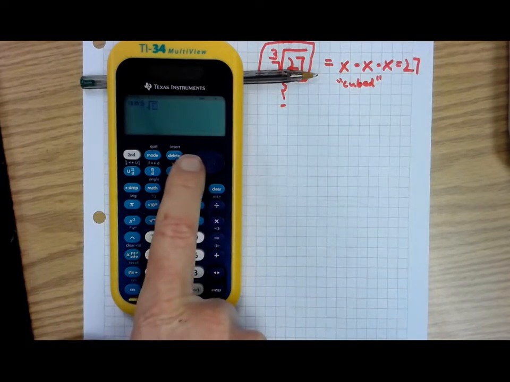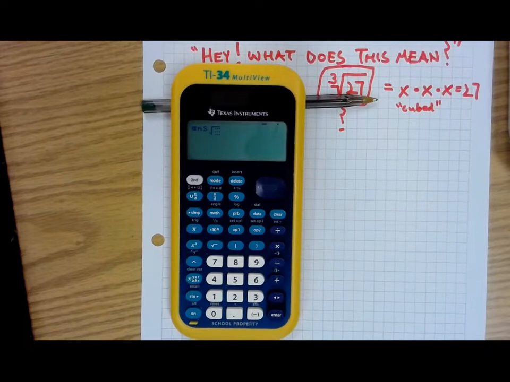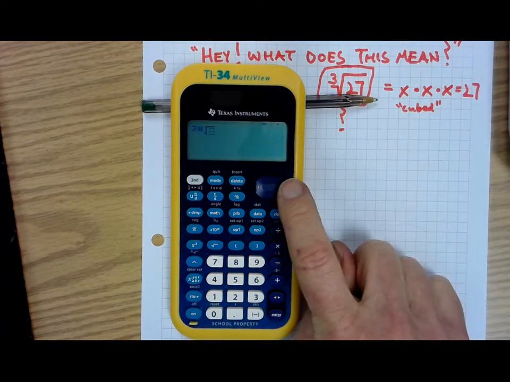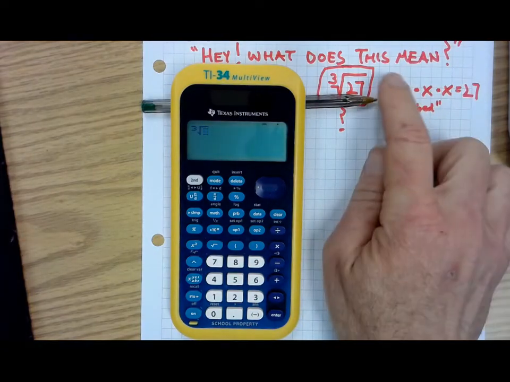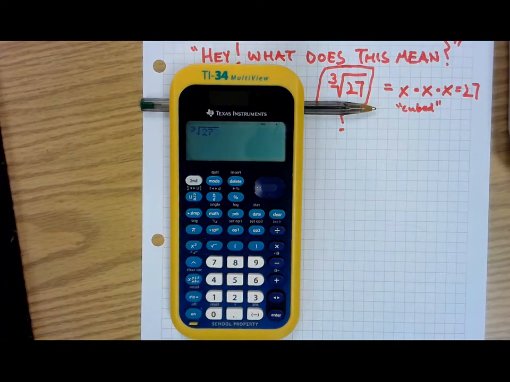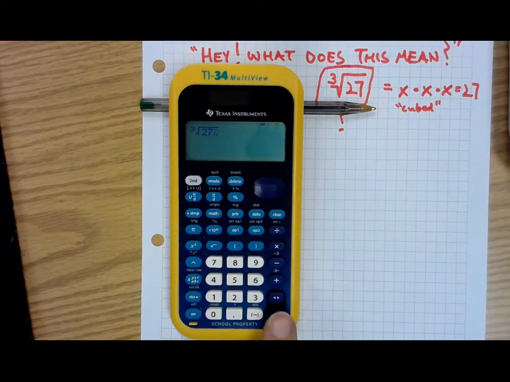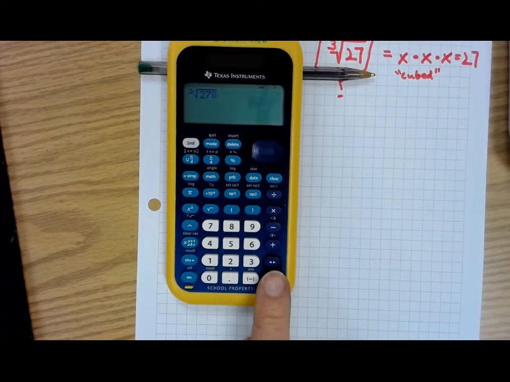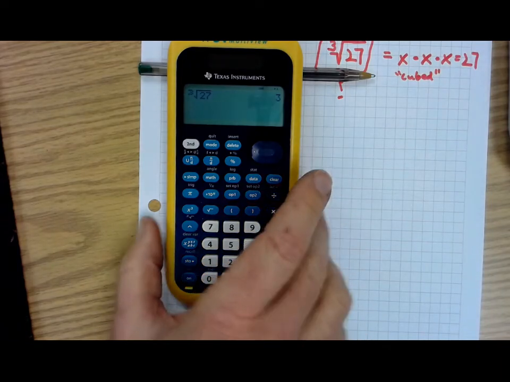Now I'm going to hit the arrow. I'm going to scroll over to the left until it's flashing on top of the A. Ooh, that's a better spot. And I'm going to type in this case, the 3, because I want the cube root. And then I'm going to arrow back over to here. And what should I put there? Yeah, put the 27 there. So now we've transferred this problem into the TI-34, and just hit the enter sign down here, and it matches what we came up with. So now that we know it works,